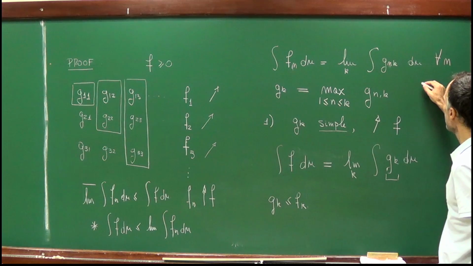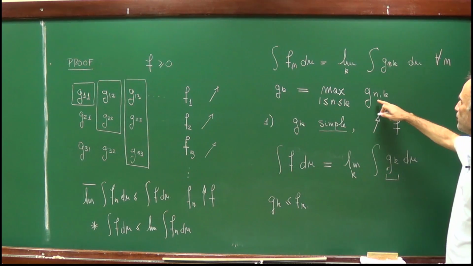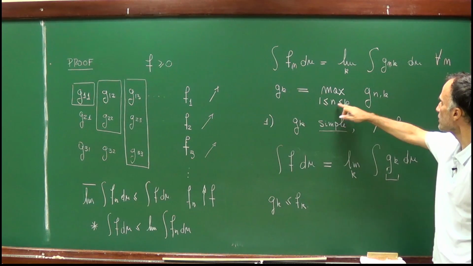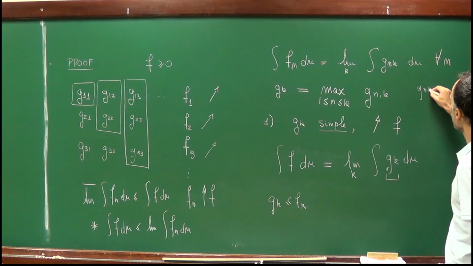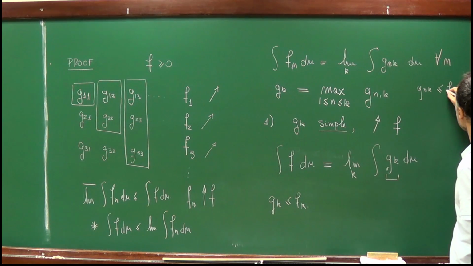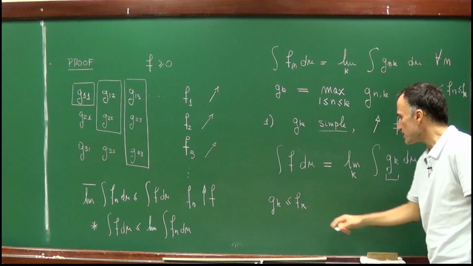Let me recall that, or you can go back on the video to check this proof. But this is essentially due to the fact that for each fixed n, g_k is converging, so g_k was less or equal than f_n for any n less than k, and f_n was less than f_k. So since g_k is less than f_k,